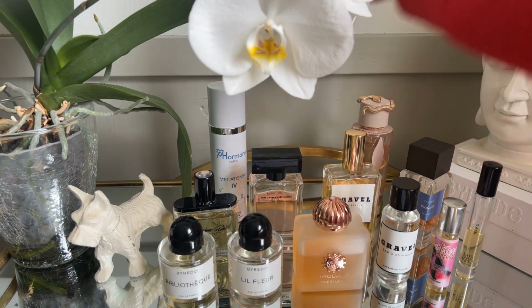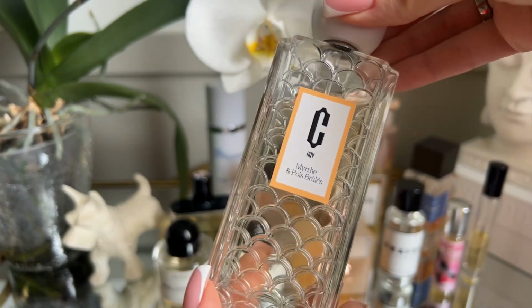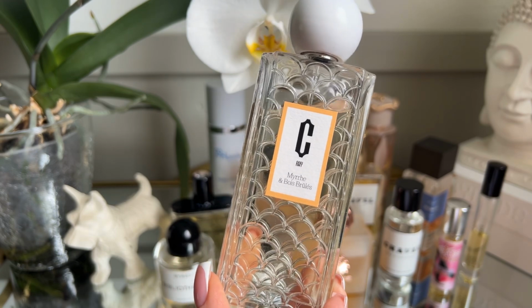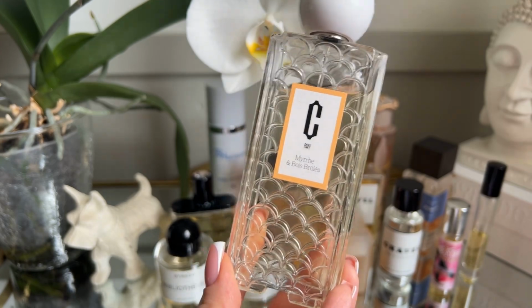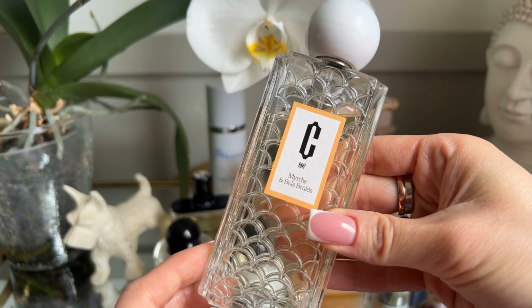Let's discuss another one that I fell in love with last year at the Suns. This is from Carlotha Ray. This fragrance got me into osmanthus note. Before that, I didn't like the note. I didn't care for it. Sometimes it gave me headaches. And when I first tried it,